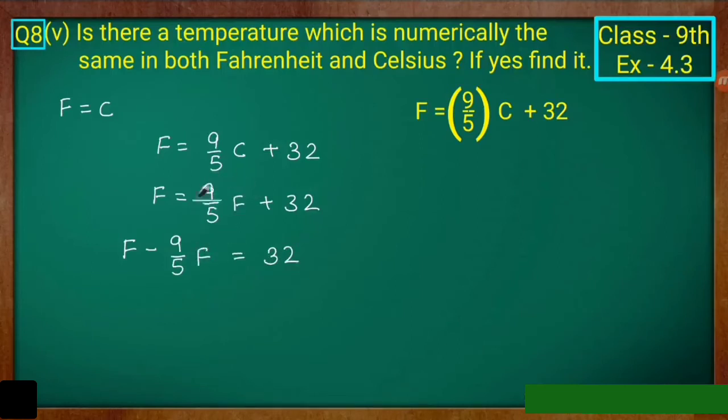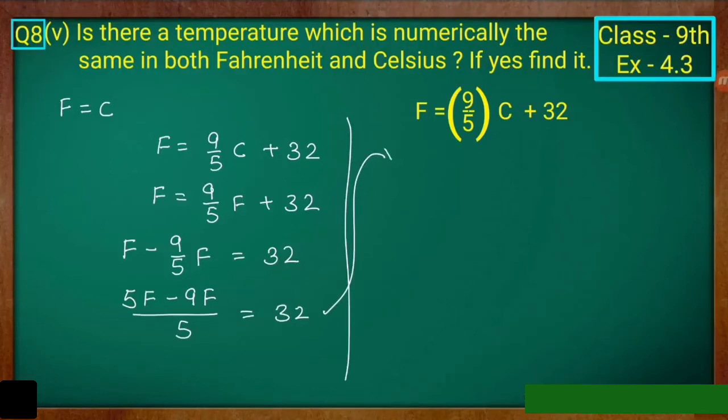Now take the LCM. Denominator is 5 here. 5F upon 1 minus 9 upon 5 F. 5F minus 9F upon 5 equal to 32. Minus 4 F upon 5 equal to 32. F equal to Fahrenheit equal to